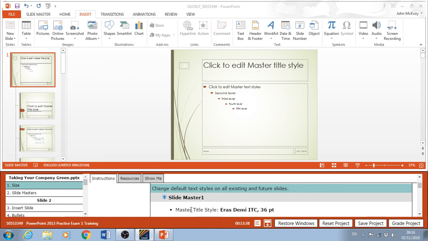Now it says we're to make the master title style Erase Demi ITC, which is a font type, and size 36. So when you put in the title of the slide, you want it to be Erase Demi ITC 36. So what you do is